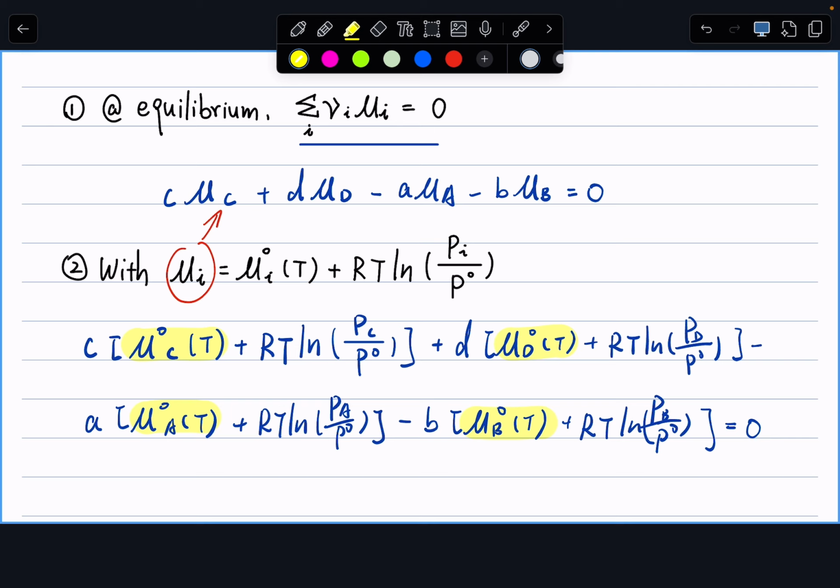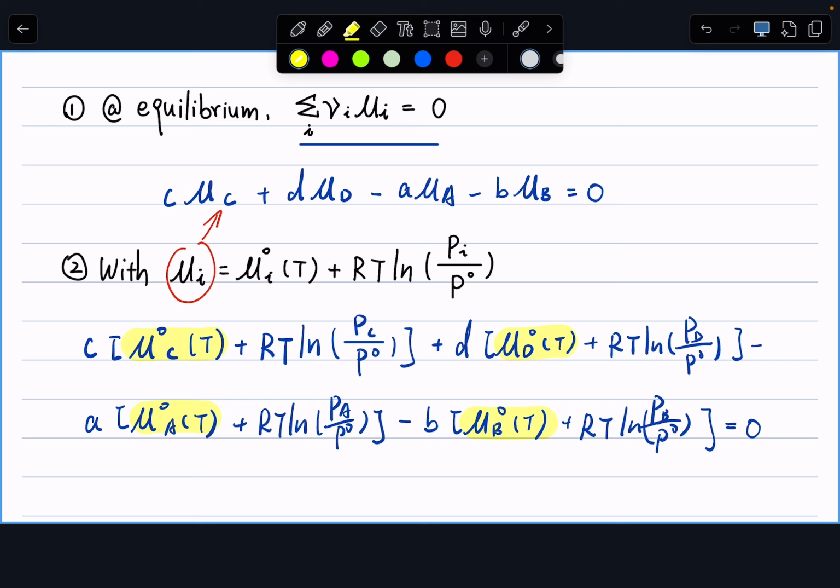I'm going to write this on the board because I might want to come back to it, and I got to use the nice chalks. So I'm just moving all the mu naught to the left-hand side and everything else to the right. It becomes c mu C naught at a certain temperature plus d mu D naught at a certain temperature, minus a mu A naught at a certain temperature, minus b times mu B naught at a certain temperature. Everything else I'm moving to the right-hand side. And this will equal